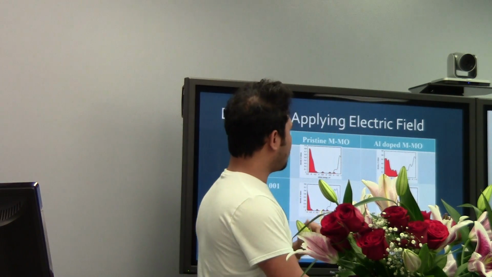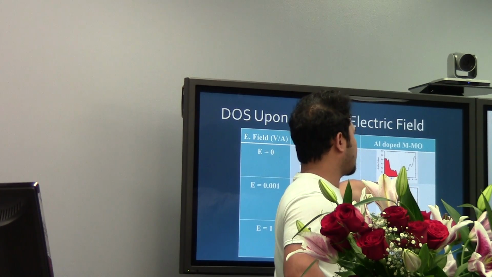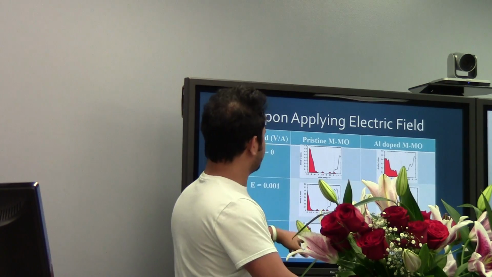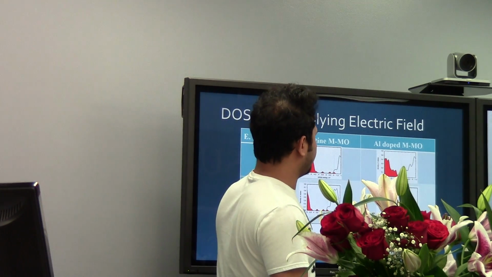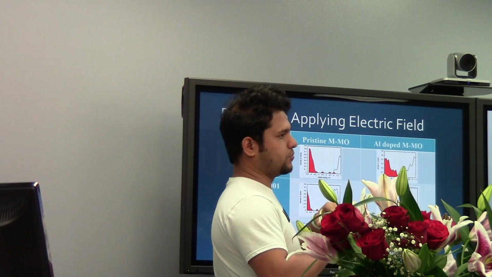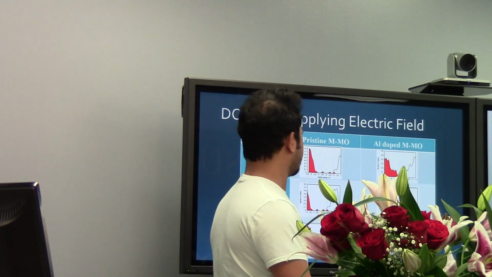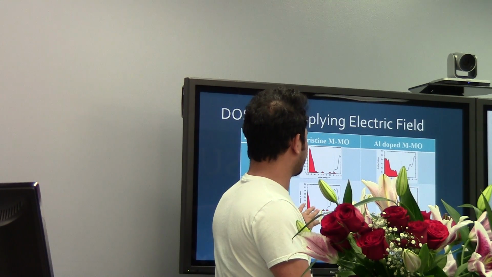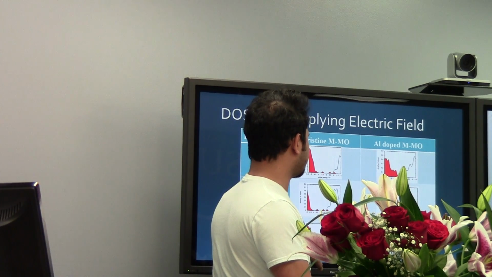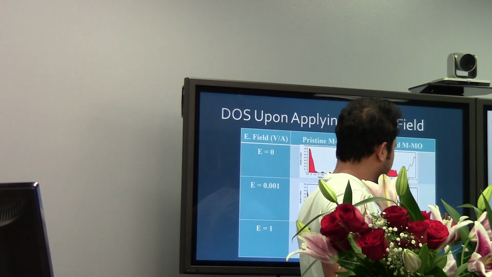orbital occupation, and also the overlapping of the unoccupied by electron is higher than the undoped system. And for these two, I optimized by using an electric field towards the z direction. Z direction means from here, the metal oxide, to the metal direction. In that case, I saw that in the undoped system, applying the electric field didn't change the energy level that much. But in this doped system, it increased